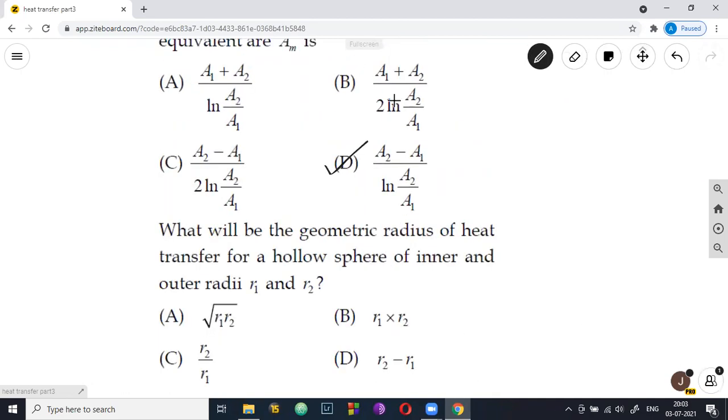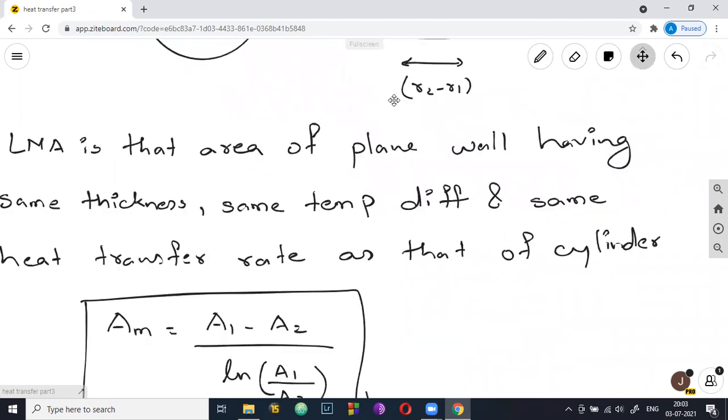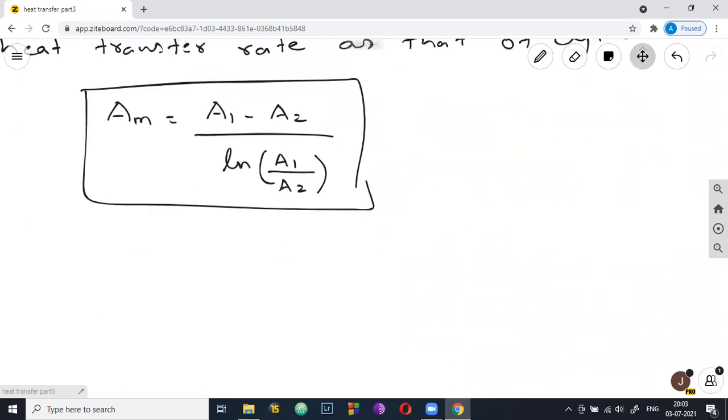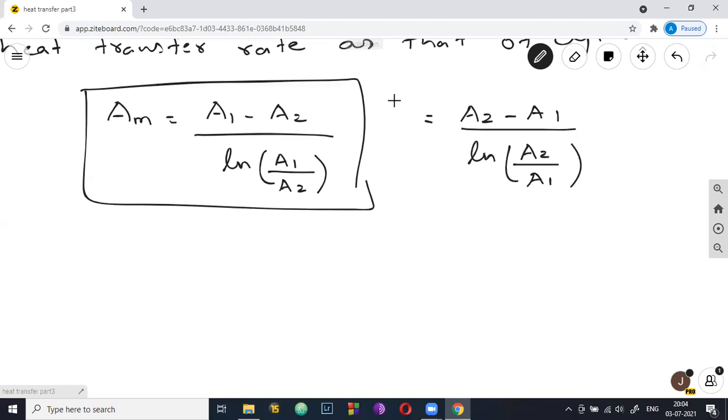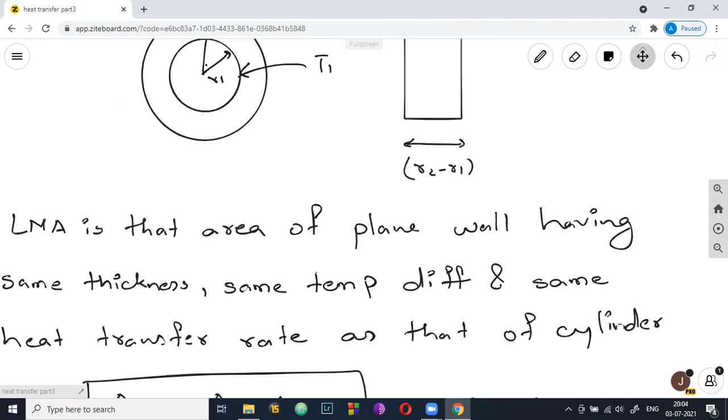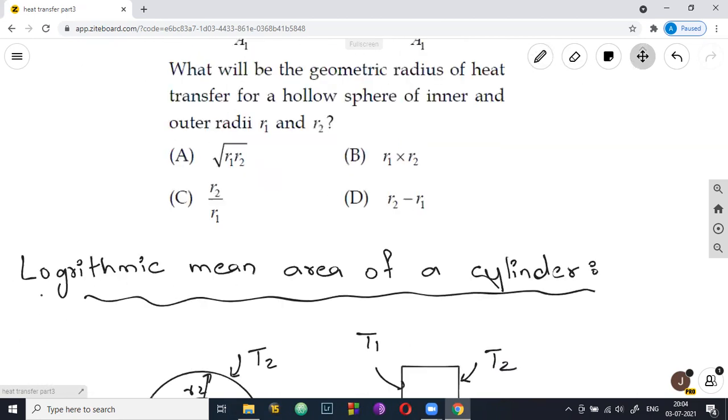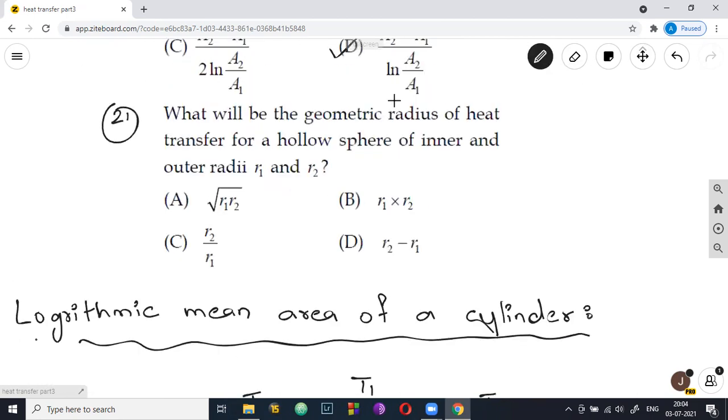So here you might be asking, this is A2 minus A1. Yeah, that's actually one and the same. I wrote this in terms of A1 minus A2 by multiplying by minus on numerator and denominator. This is also equal to log of A2 by A1. So if this is A2 by A1, then the log will change accordingly. You can use any one of the formulas, both are the same. So this is question number 20. The answer was option D. Now question number 21 is below here itself.